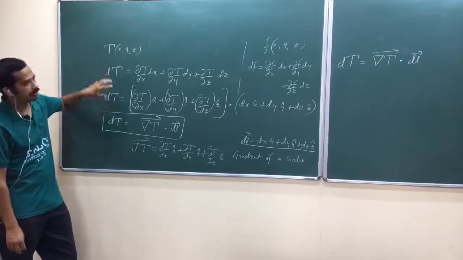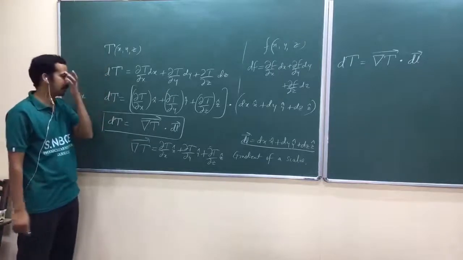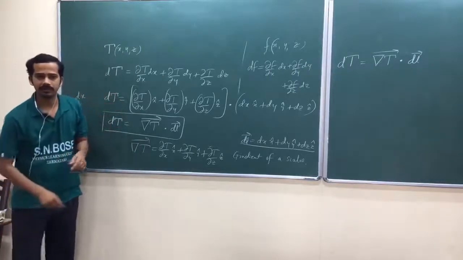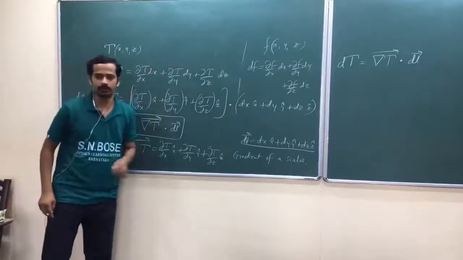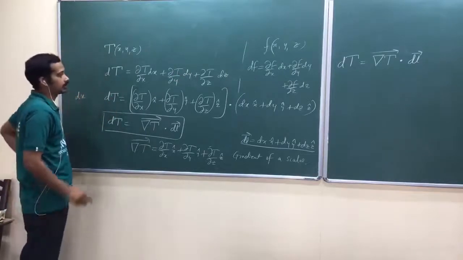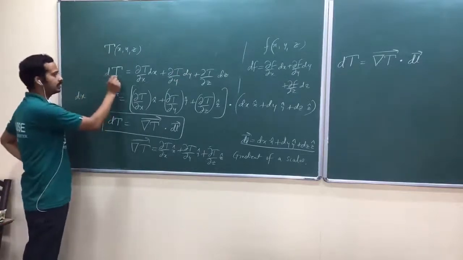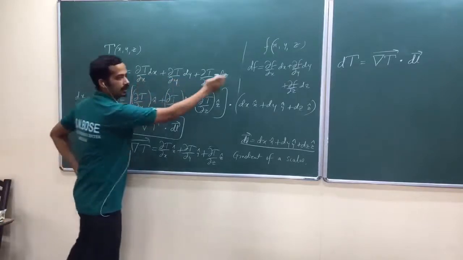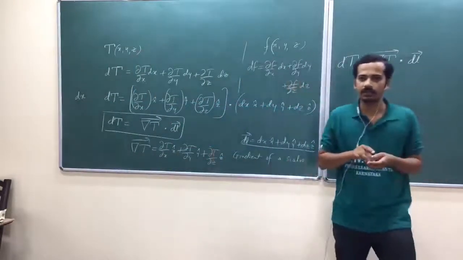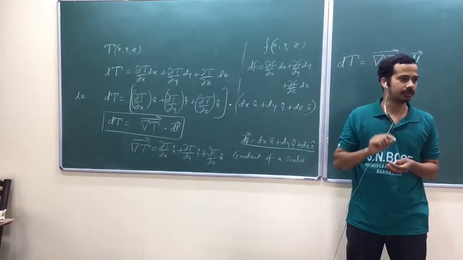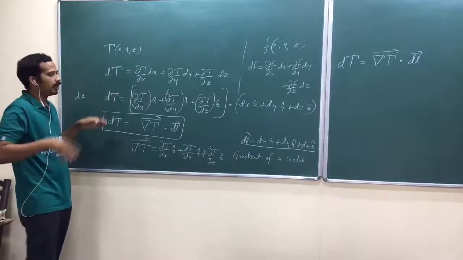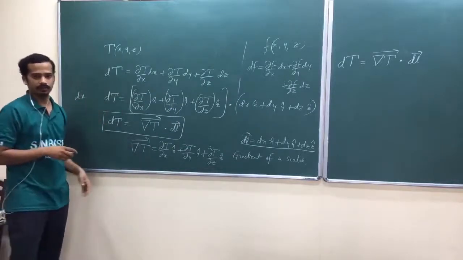Actually, I should have gone for the very earlier one. If you see any basic calculus book, they will start with T2 minus T1. Then they will take the limit, and they will define these things usually. You can just see that, in a multivariable calculus book. They will use a very basic thing. Now look at here. I am starting with this one. What is this one? Change in temperature when there is a change in x, change in y, change in z. Am I right? Those changes, as a result, are a kind of moving in space. Remember, am I right? So change in x, change in y, change in z, combined, is equivalent to moving in space. So that is defined by this one.